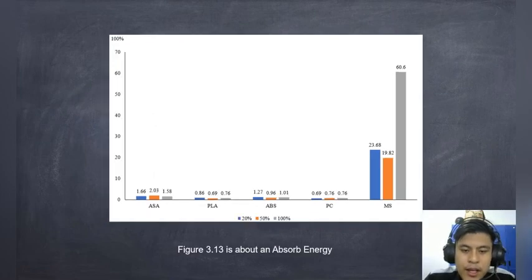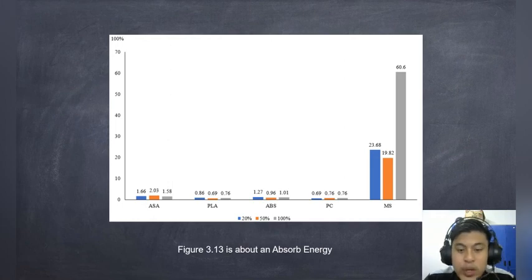Okay, this is Figure 3.13 about the observed energy. As we see, for the ASA, the highest is 2.03, which is the 50%. 1.66 for the 20%, and the weakest is 1.58. Secondly, the PLA scores highest at 0.86, second highest is 0.76, and